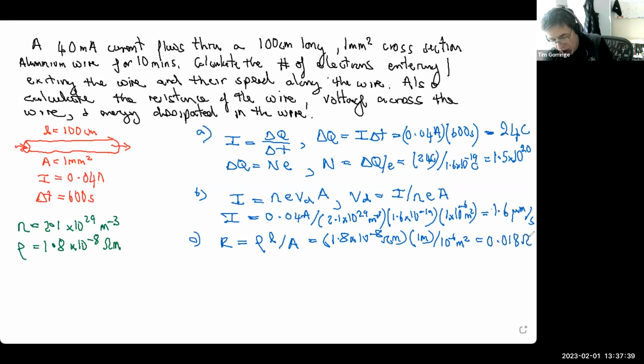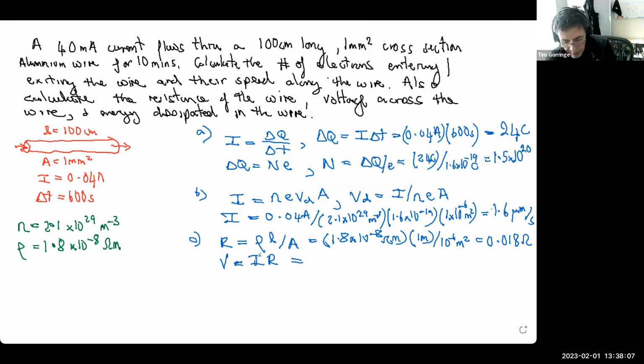And the units there are ohms. The meters in the numerator, there's a meter here and a meter here, are cancelled by the meter squared in the denominator. So that's the resistance. Now we can apply Ohm's law to get the voltage difference across the length of the